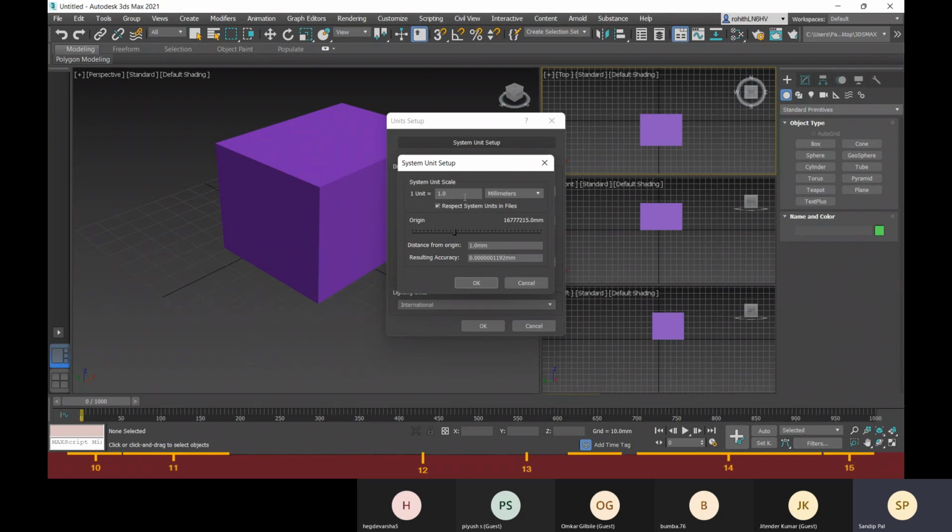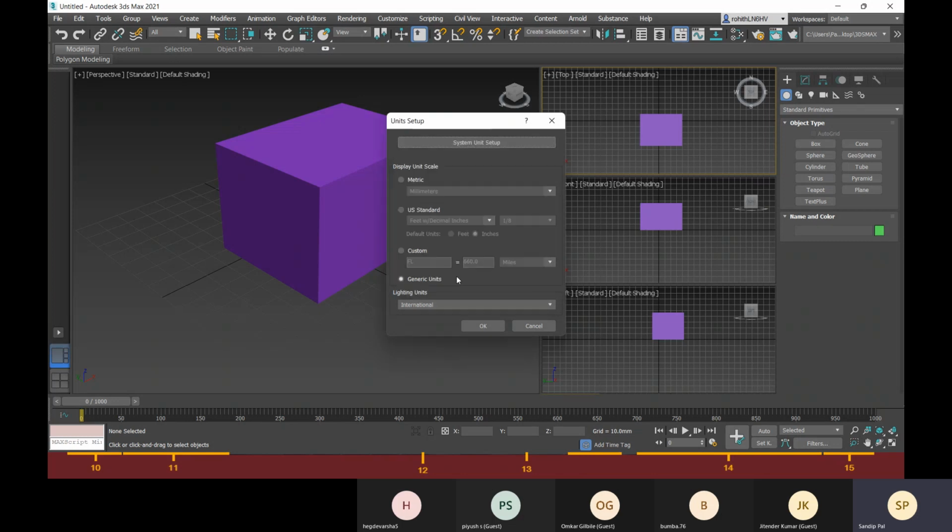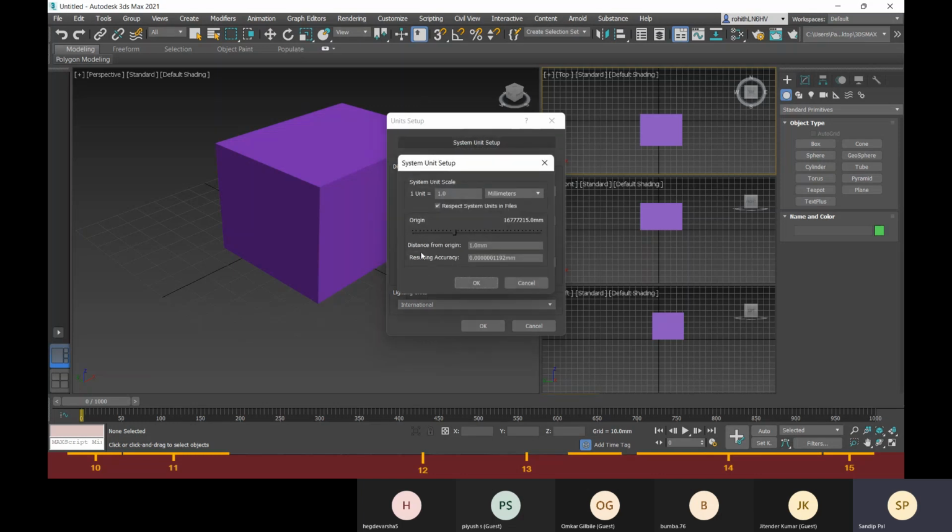By default, if it is set to 1 unit, then it will be 1 millimeter. So in the generic unit, you will not see any unit values like millimeter or inches. You just know that it is equal to the system unit, and 1 unit is equal to 1 millimeter.